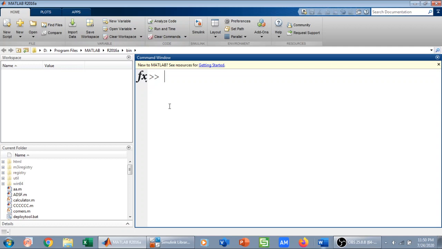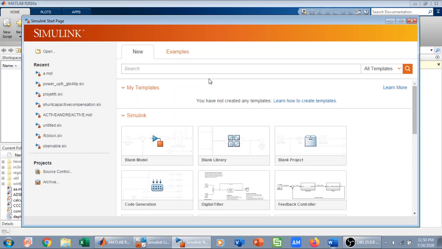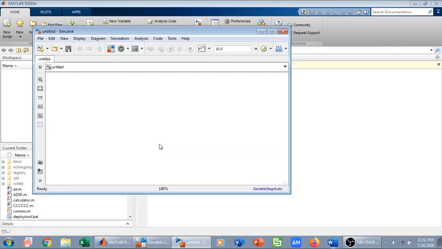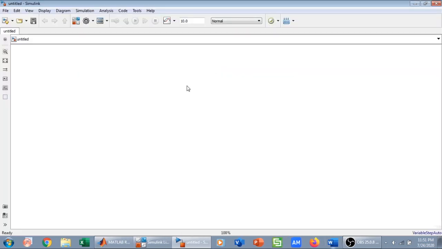We can start Simulink by clicking the MATLAB tool strip, or we can type Simulink in the command window. So there are two ways to start Simulink. After doing that, this will open up the start page where I can create new models, find examples, and even find basic training. Since we are starting our model from scratch, we will choose blank model. So this is my Simulink environment.